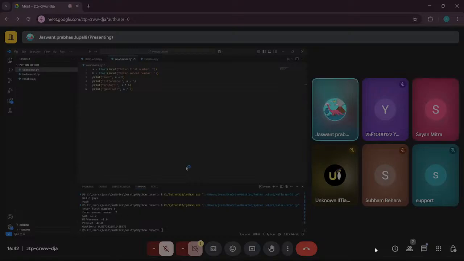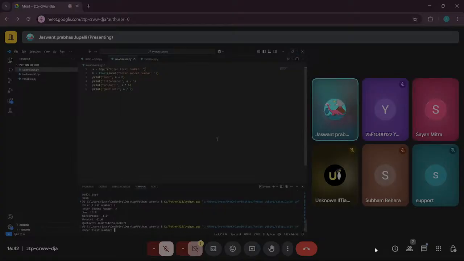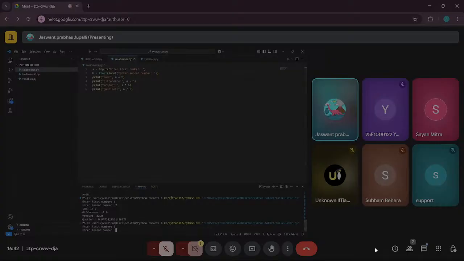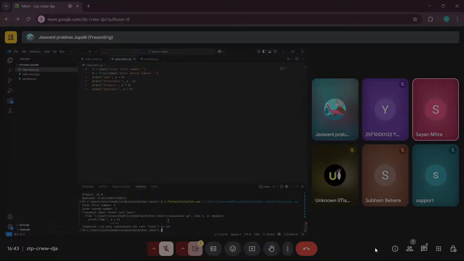No. See, try it yourself once. I'm typing it for you as well. I will run this. Say 1, 2. If you're taking 1 and you are taking 2, what is happening here is the second one is float here, right? That's why it's giving an error. If you are taking just input of both things,